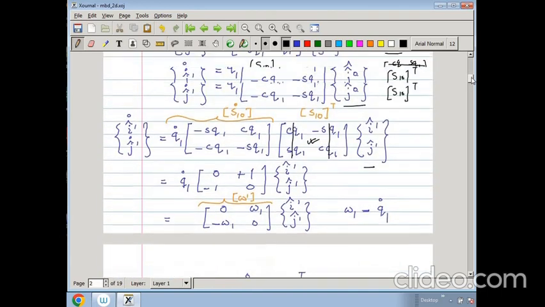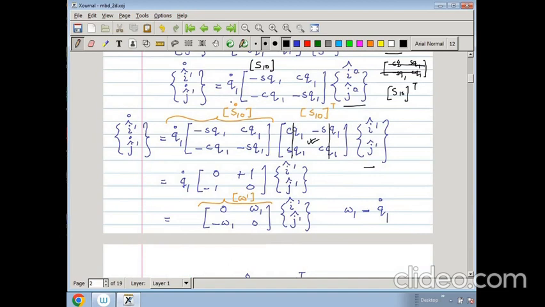So I think this is clear to you now. This we call S10 dot. So I1 dot J1 dot is equal to S10 dot S10 transpose I1 J1. So now if you multiply these two matrices, so you get